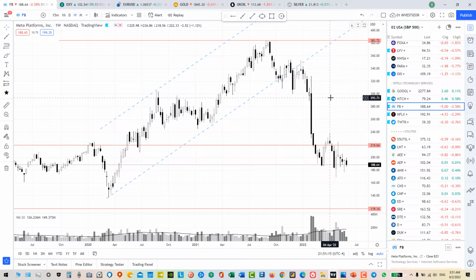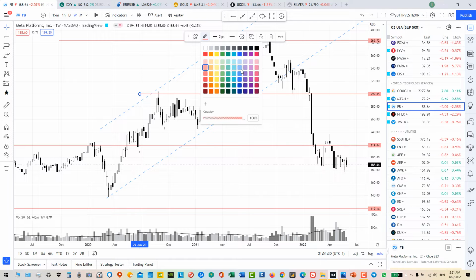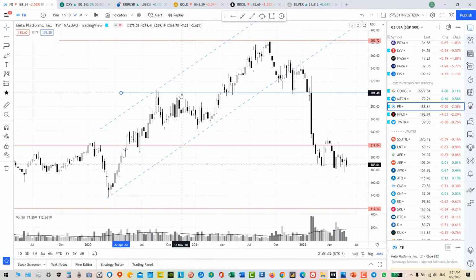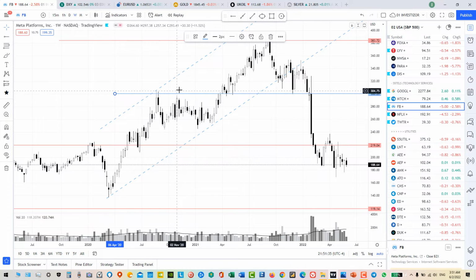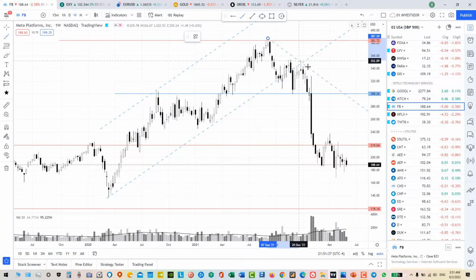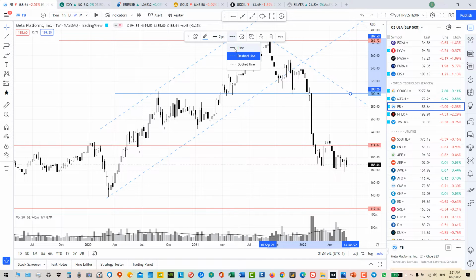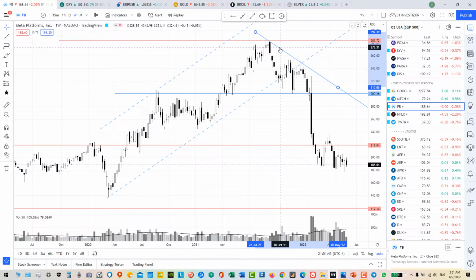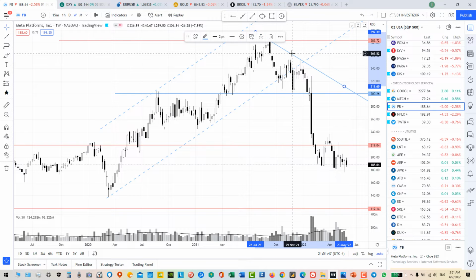So there was no clear reversal pattern, no double top, triple top, head and shoulders, broadening formation, nothing at all. It just broke to the downside. We had a weekly support, which was also broken to the downside. And I think the stock established a medium-term downtrend. Of course, it's in an impulsive wave now,